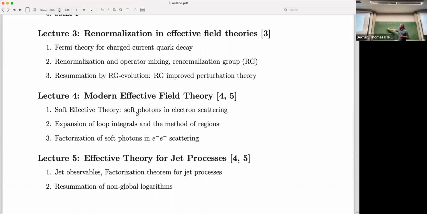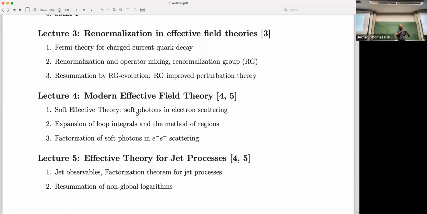Also, this terminology of effective theory versus full theory is used in a bit. For example, sometimes you say chiral perturbation theory, which is an example of an effective field theory. You say this is a low energy effective theory of QCD. So then you view QCD as the high energy theory, as the full theory. But of course, it's also not the full theory. At even higher energies, you need the full standard model.